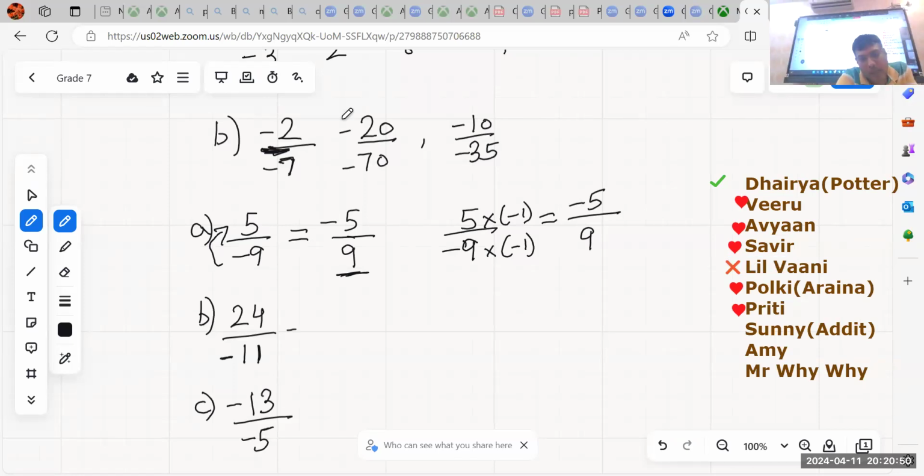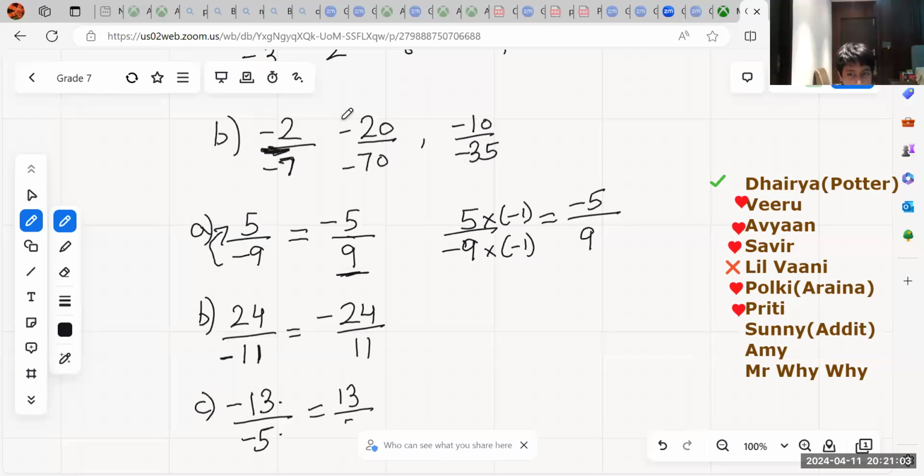So this would be -24 by 11. And when I multiply -1 to numerator and denominator, both of them will cancel out, I will get 13 by 5. फिर मैंने करा -5 का माइनस ऊपर ले गया तो माइनस माइनस प्लस।